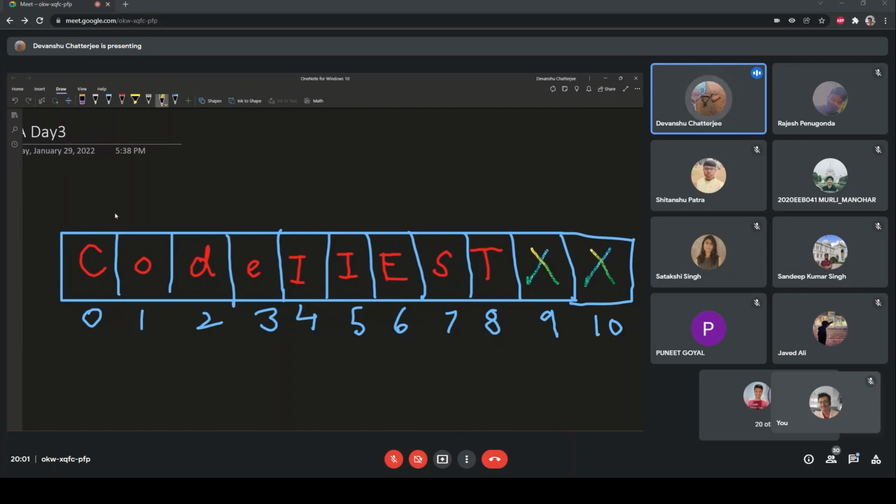So when we try to print this character array, we'll get some output like code IIEST and some random symbols, two or three symbols along with that. So this will happen when we are using a character array,